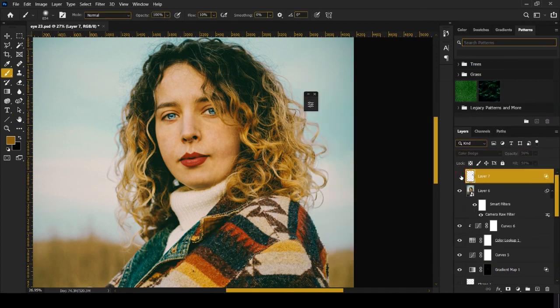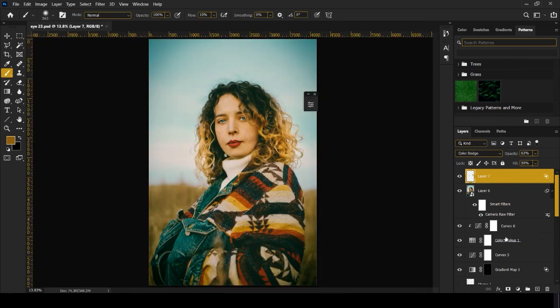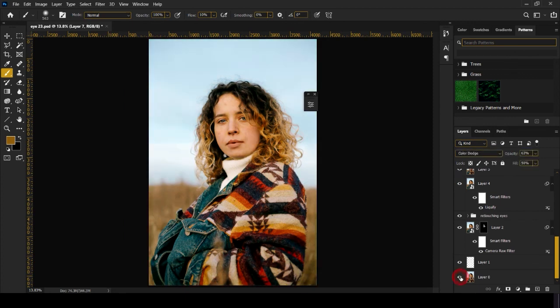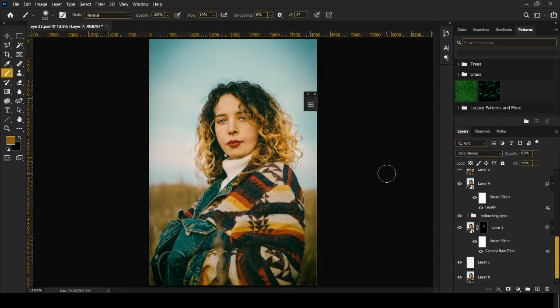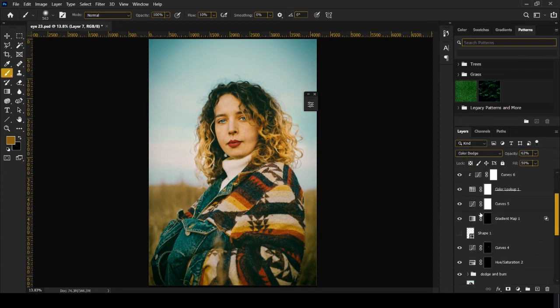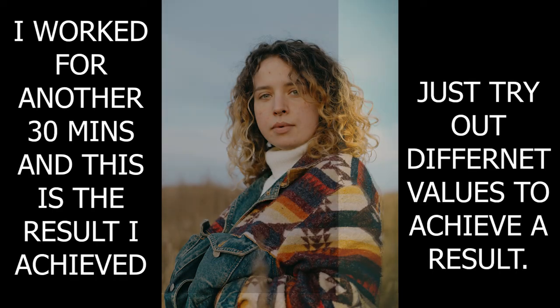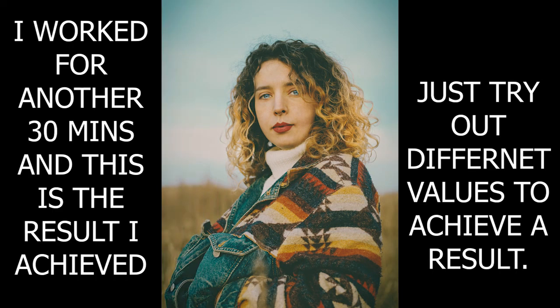This is before, this is after. A very subtle glow, but it looks good. We'll add it to this side too. So now let's look at the image. This is the before and this is the after. So our image is completed here. After this you can go back to different parts of the adjustments and change them. This method is completely non-destructive. You can change the values as per your choice.